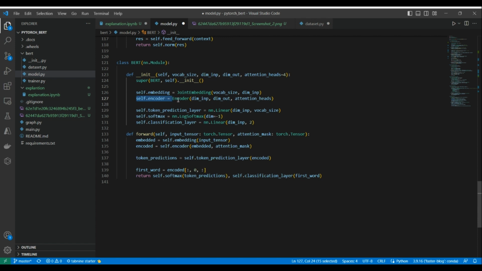Then we take the self encoder, which will take the dimension input, dimension output and attention heads. Then we have the self token prediction layer. We have the softmax, we have the self classification layer. Then we do a forward pass,